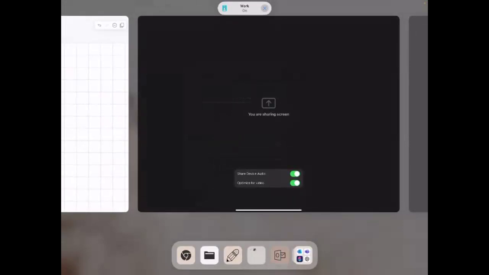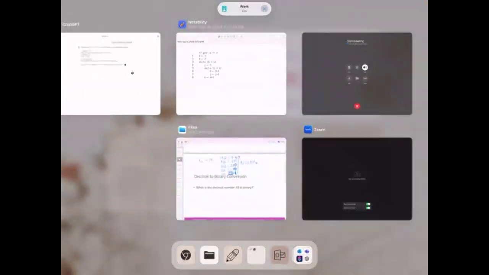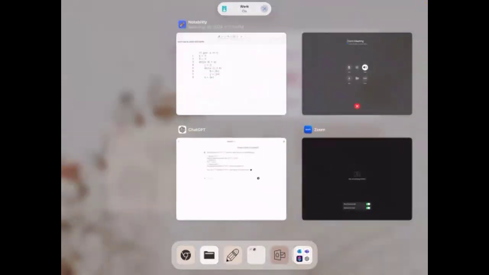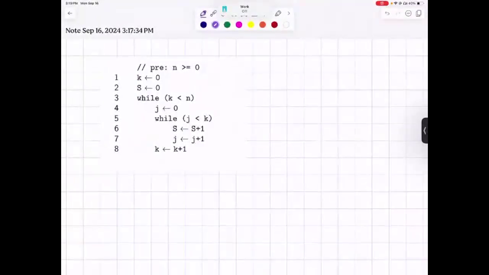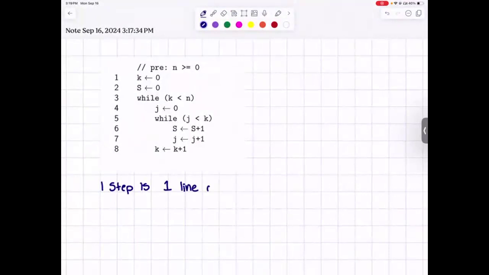Hi there. We are going to get started on some counting functions. So, just as a quick reminder, we're going to define a step here. One step is one line of code